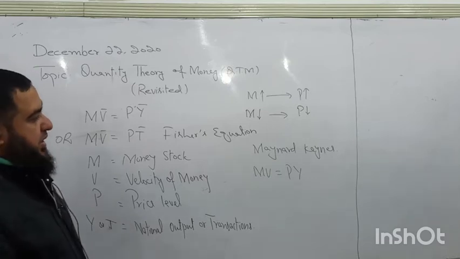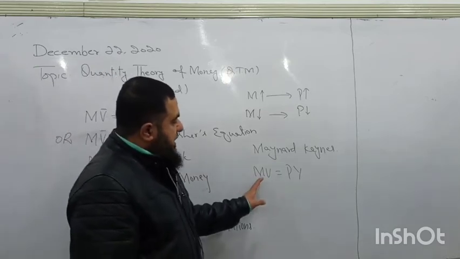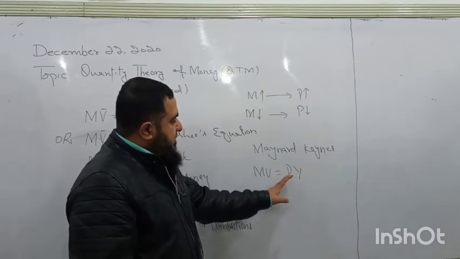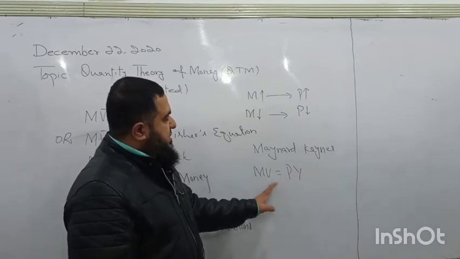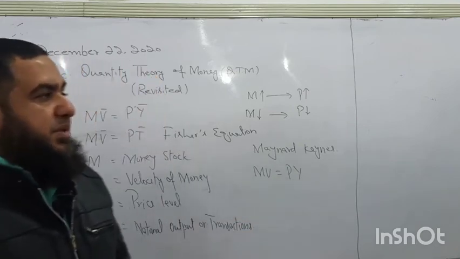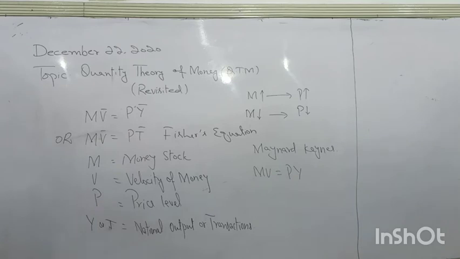If we say monetary policy is the tool to change the prices, it is not true according to Maynard Keynes. He was of the view that the money stock can affect output, may not affect the prices, or may affect the prices and velocity as well. So this is how Maynard Keynes argued on the quantity theory of money, and he said it is not a theory, it is just